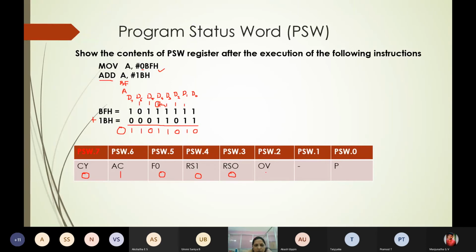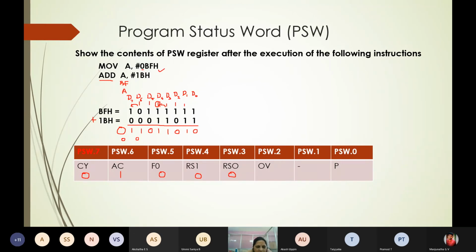Now coming to the overflow flag. The overflow flag is set if there is a carry from D6 to D7. Is there any carry from D6 to D7? There is no carry from D6 to D7. And the carry out of D7 is also 0. Both are zeros. No carry is there.